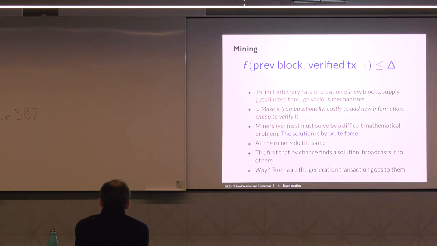Why? Because if I find the block and I distribute it to everybody, everybody gets to know the block, and this block has a transaction that goes to me. And I want to be sure that this transaction that goes to me is inside the blockchain of everybody in the system, because this is, remember, what means that the transaction took place.